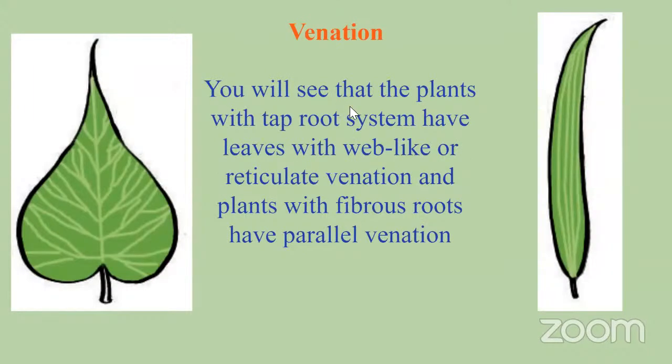So you will see that the plants with taproot system have leaves with web-like or reticulate venation, and plants with fibrous roots have parallel venation. Clearly, there are only 1 or 2 exceptions. You will learn in the very, very higher classes. But